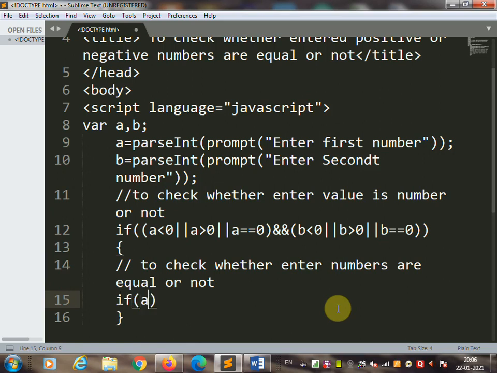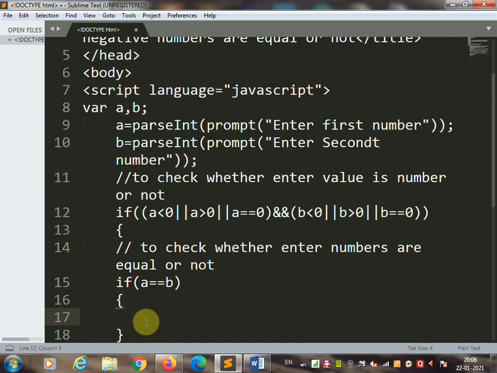If a equal b, here while using the equal sign you must use two equal signs. Here we are going to check if a equal b, means first number is equal to second number. Then we are going to print a message by using the alert function. We can print numbers are equal,